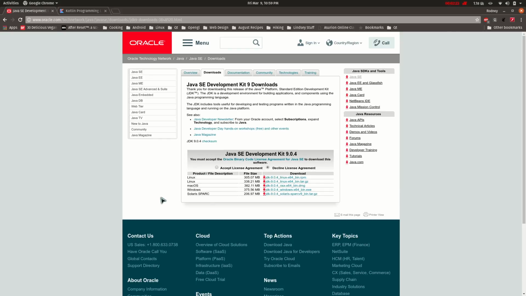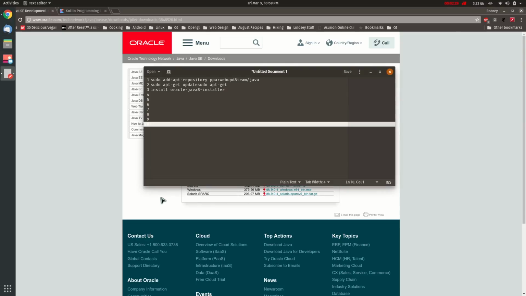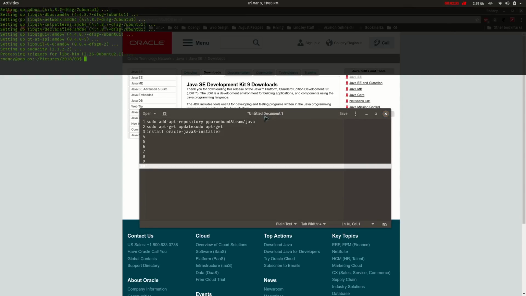If you're on Linux, the way that I recommend getting Oracle Java set up would be this way. So you're going to use the terminal. And then at the terminal, let's clear that terminal real quick. You're just going to type in the command sudo add-apt-repository ppa:webupd8team/java. Whenever you hit enter from that, then it'll ask if you're sure, you hit enter, and then you'll do a sudo apt update and then a sudo apt-get